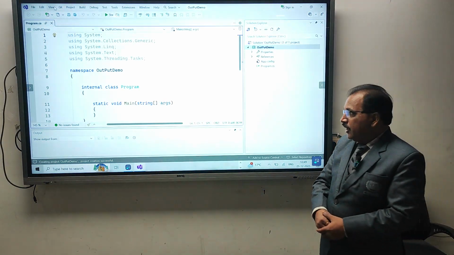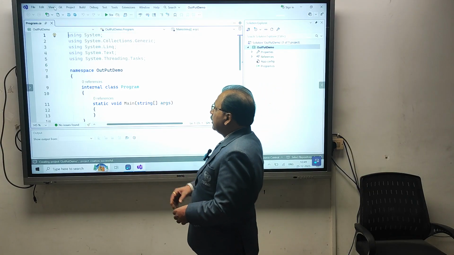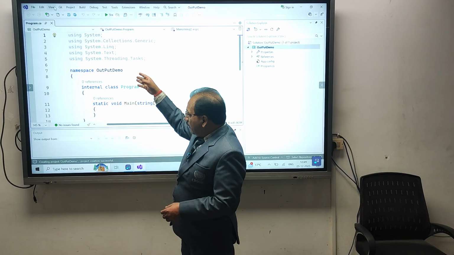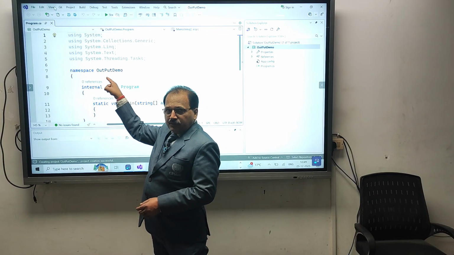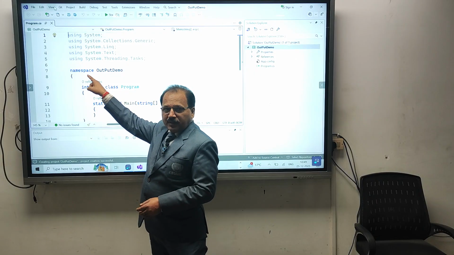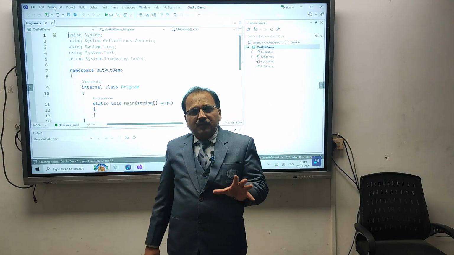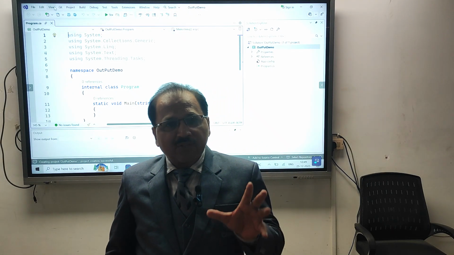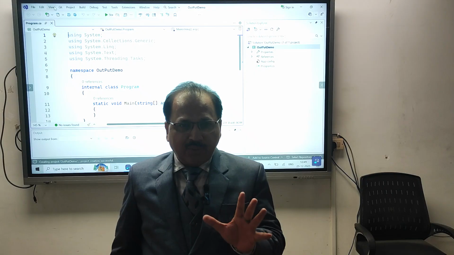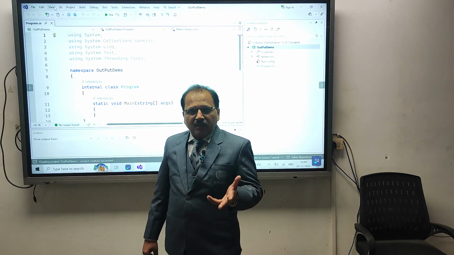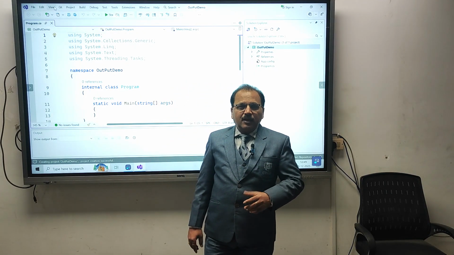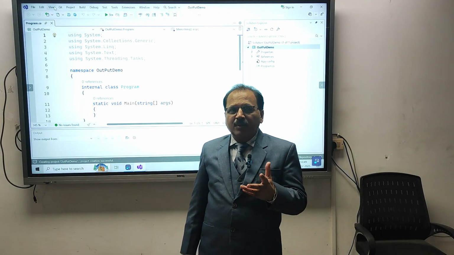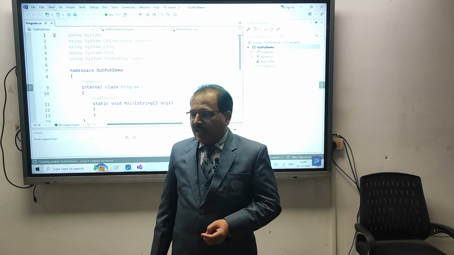This project is available here, and you can notice within this project the default namespace is listed. For our project, with the help of the name of the project, the namespace got created. Basically, a namespace is a logical collection of a set of classes, interfaces, and structures in a single logical unit. Once we compile and execute it, it is going to create one assembly at the end. An assembly is again a deployable unit which we can use at any point in time.